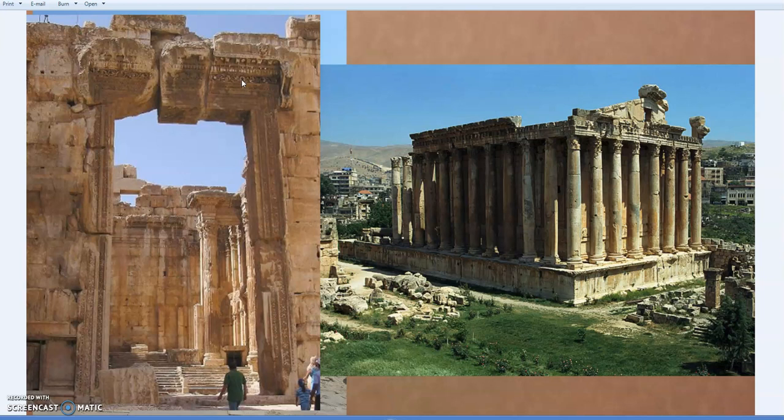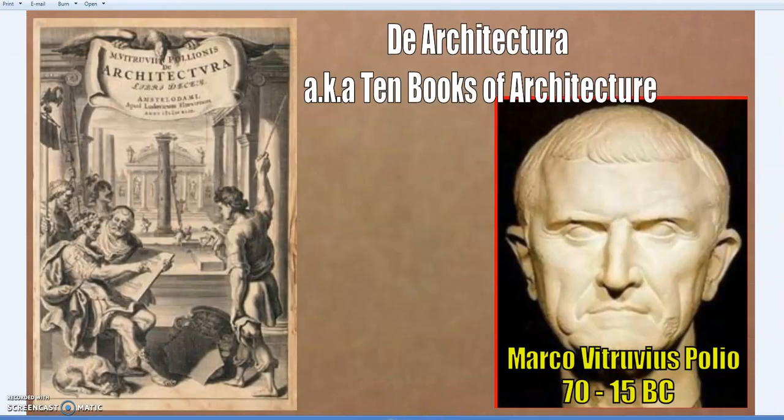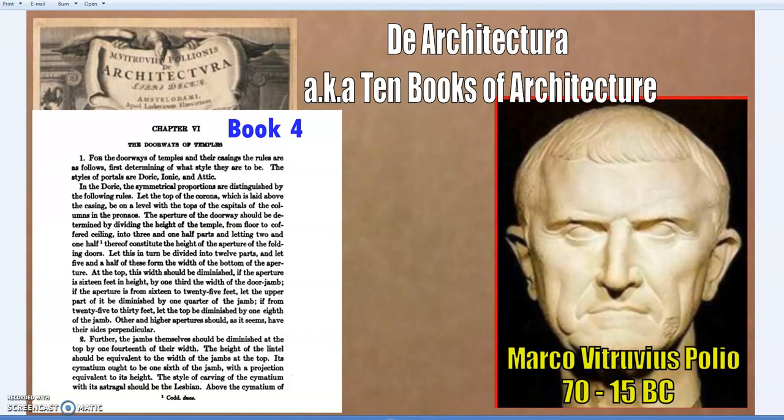Now, unlike ancient Egypt and South America, we have some really nice records on the proportions of these particular doors. And so this is a Roman temple. Romans could build these temples. Anyway, let's not get into that. It's a silly argument. The Ten Books of Architecture by Vitruvius, which is just an amazing guidebook. Book 4, Chapter 7, The Doorways of Temples. And I'll try to remember to put a link in the description to this. Download the PDF, store it somewhere, print it out. It covers so much